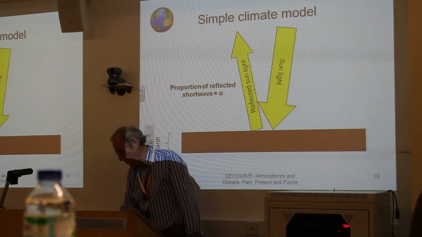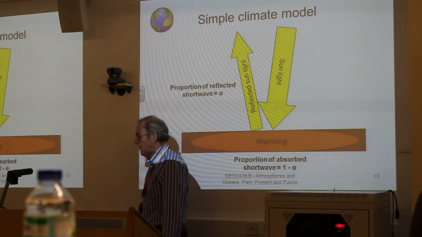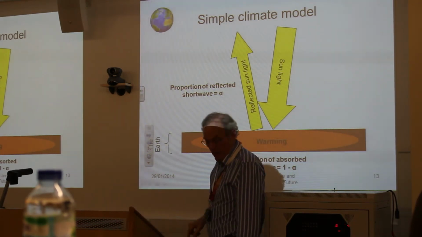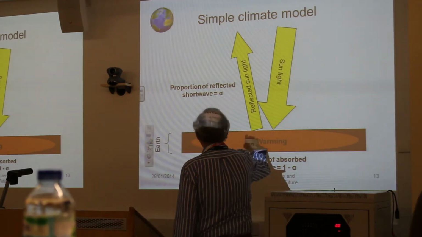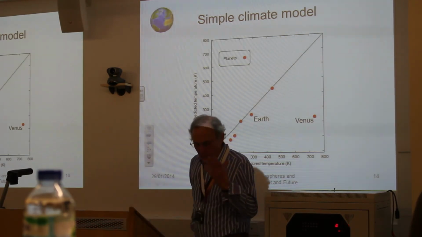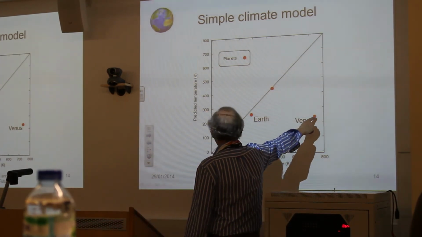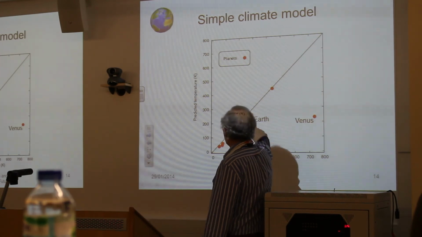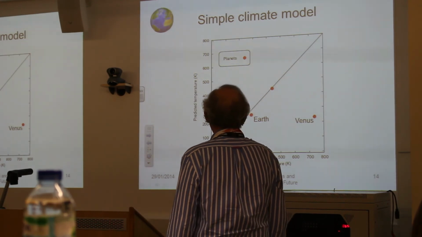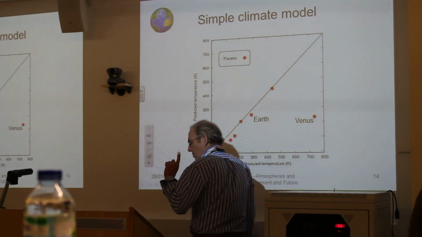And all that equation is doing is saying this is how the Earth operates. Very straightforward, according to basic physical laws which we fairly believe in. That warms the planet, and a proportion of that absorbed shortwave we can estimate depending on the nature of the albedo, and then we lose the reflected shortwave radiation out. If we apply that model, and again I showed this in the first lecture, what we discover is that Venus lies right over here. The Earth does not lie on the relationship predicted by the model. And we went through that, and clearly the fact that the model doesn't explain